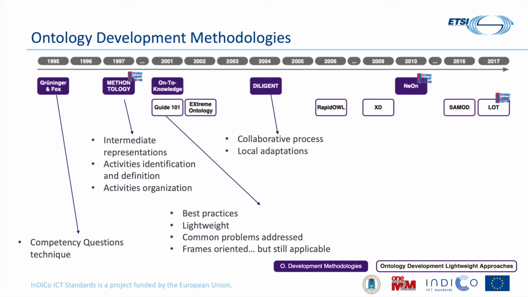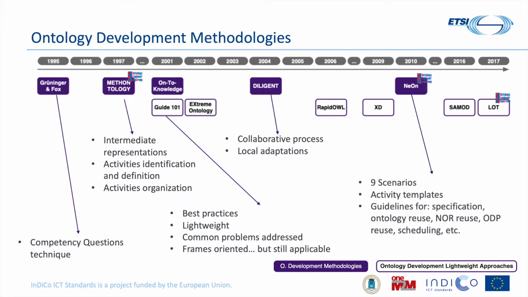Diligent in 2004 was the first methodology considering local adaptation by different teams of a common ontology, in a way to build ontologies following a collaborative process. Finally, Neon in 2010 defined 9 scenarios for building ontologies, provided activity templates and guidelines for some of the activities involved in such scenarios. In the rest of this session, we are going to enter into details about the LOT